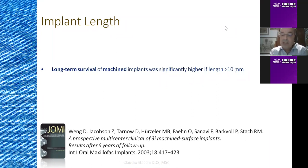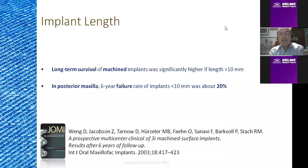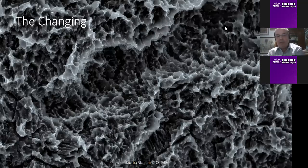But we are talking about machined implants, and with machined implants, especially in the area we are talking about today, the posterior maxilla, the implants did not work very well. In fact, in this study they found, after 6 years, a failure rate of about 20% for implants whose length was less than 10 millimeters. But we were in 2003, and the surface was machined. So things changed over time, and the real change was the change in implant surface. So implants of reduced length started to be used also in areas in which they previously gave